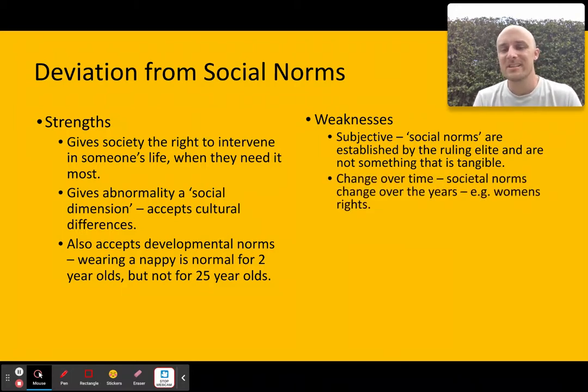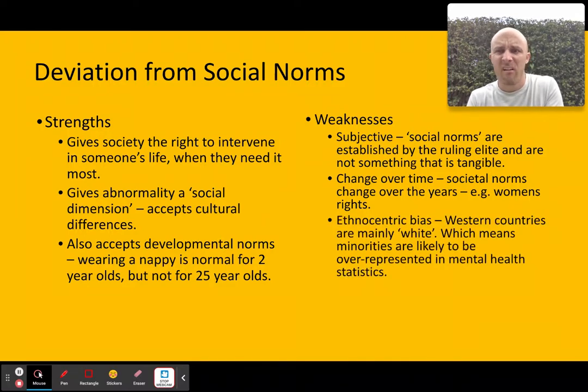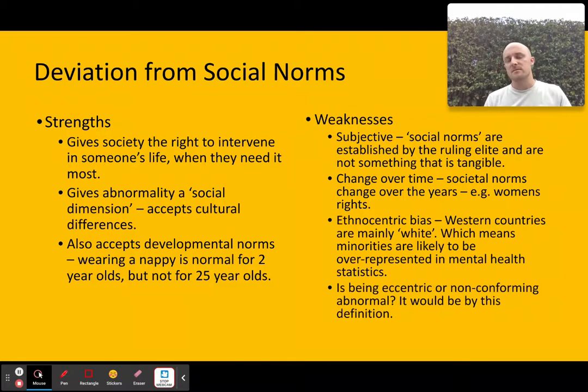This one says that actually its change over time is a weakness. I do think change over time is quite a good thing, but where I would elaborate on this, the change over time makes it very difficult for society to know what is abnormal. Some people still think looking at your phone in the car is normal. And the other thing I would also say, I'm not going to go for that third point, but I will go for the last point.